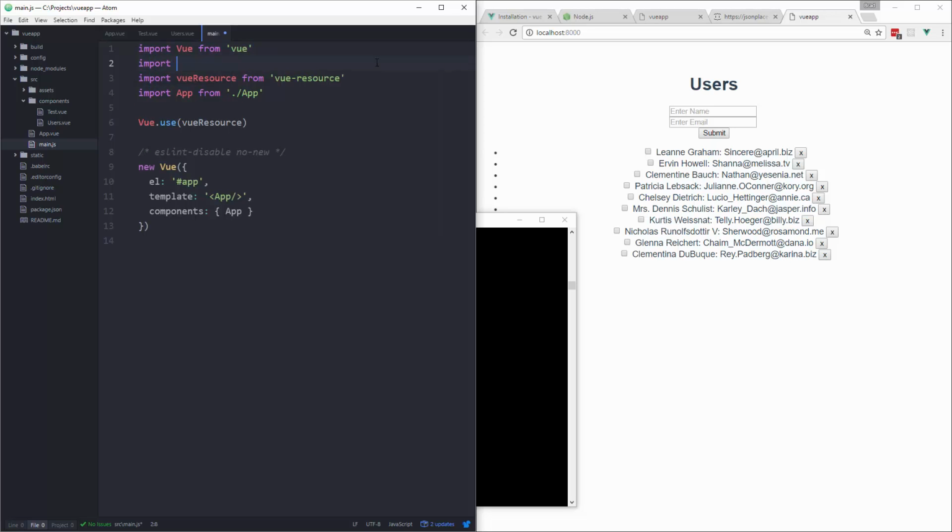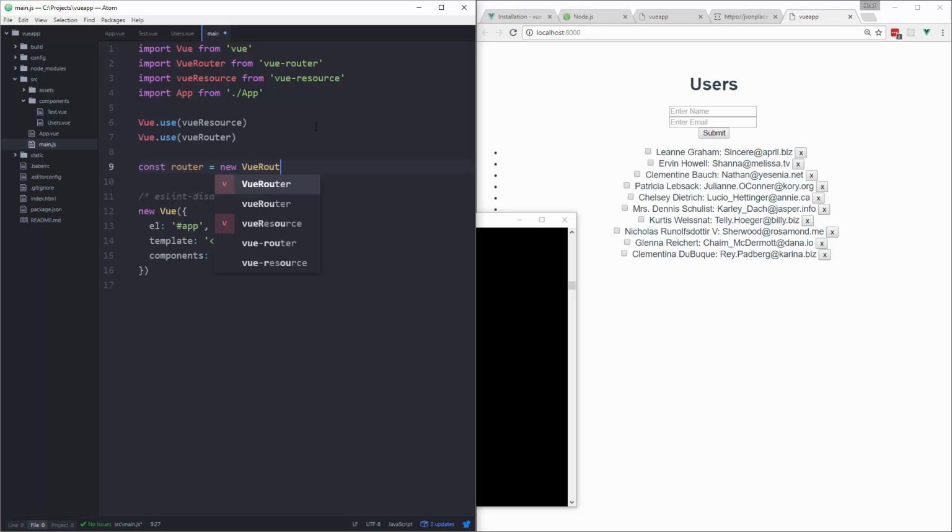So import Vue, actually let's do VueRouter from vue-router, and again we're going to have to add this. We're going to do Vue.use and say Vue, or VueRouter. All right, and then what we'll do is set a variable called router, set it to new VueRouter,